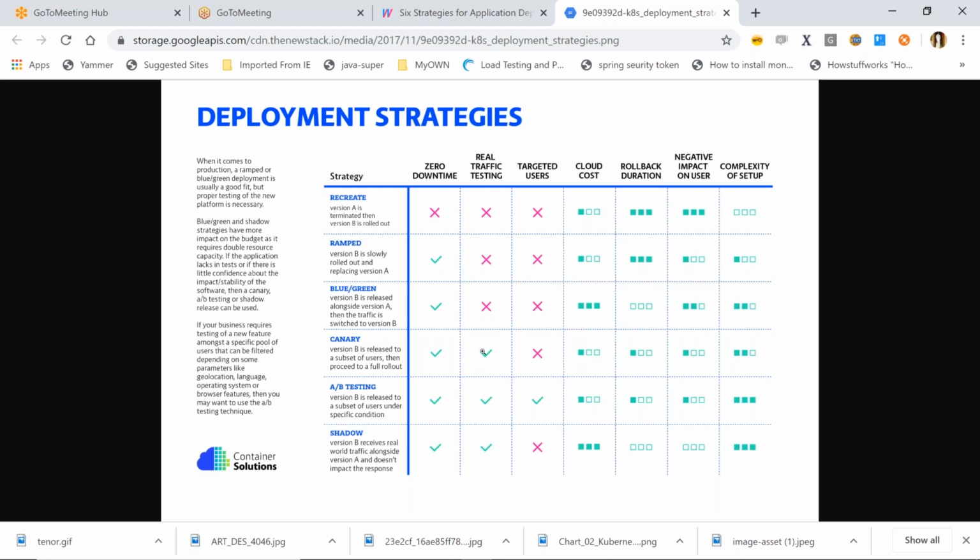Canary, as far as I understand, because I was studying a little bit about AWS, is like testing of your server. If you have built server B and want to test it, you just open 5% of the traffic to server B. Yes, you will route maybe your internal users available at the time.